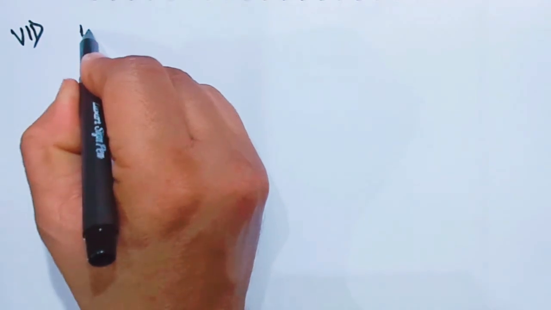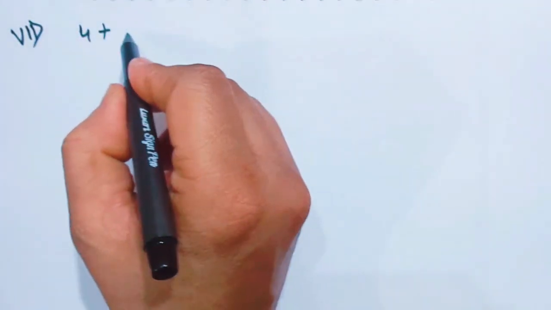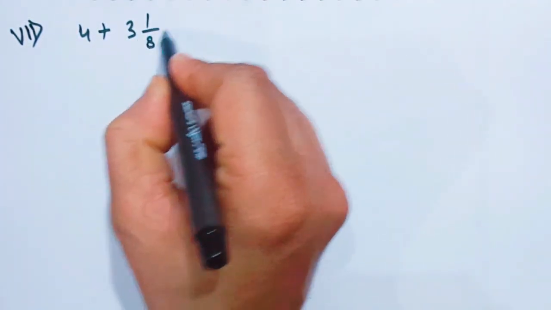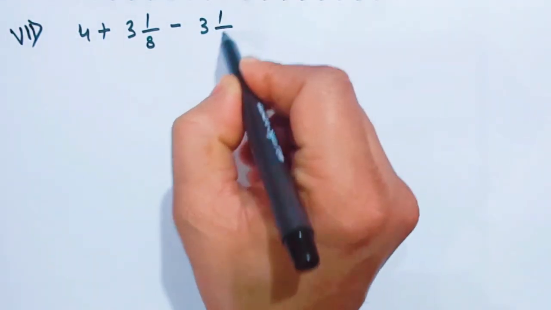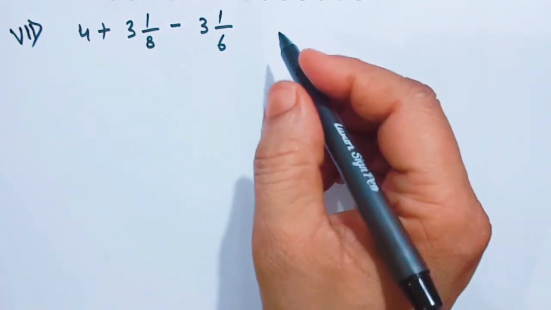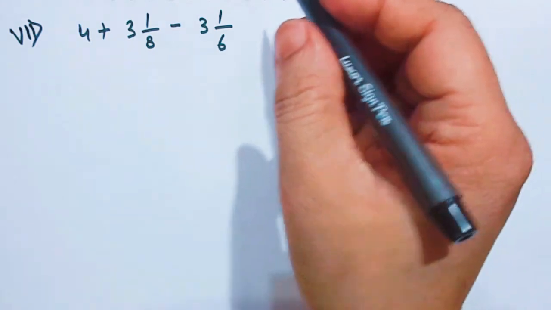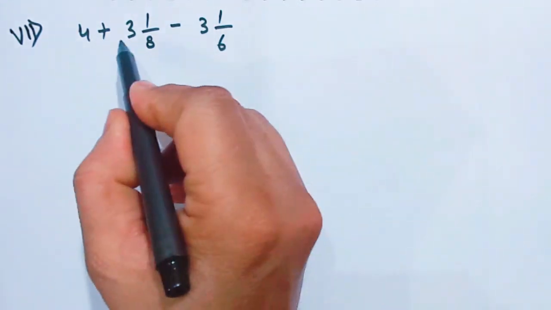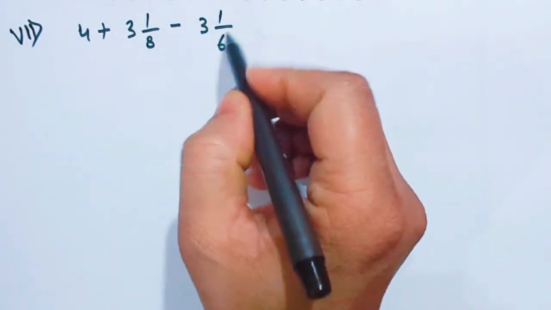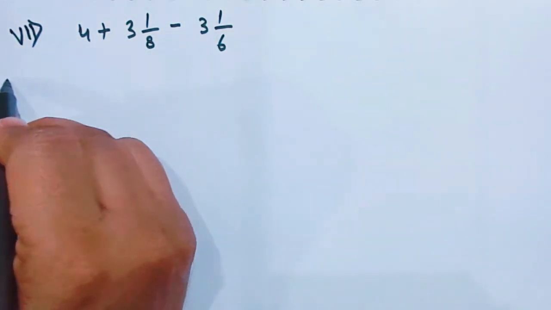4 plus 3 1 by 8 minus 3 1 by 6, isn't it? Like the Britishers, come on, 4 plus 3 1 by 8 minus 3 1 by 6. Have a look. Is equal to